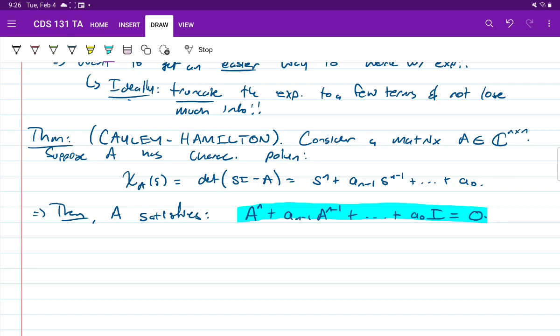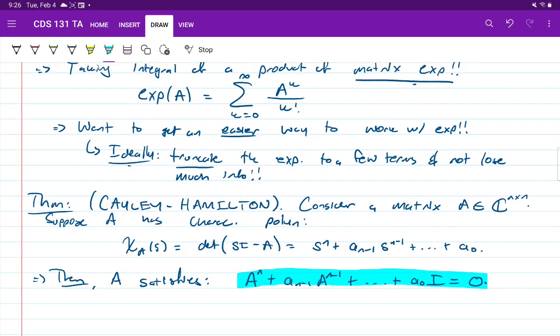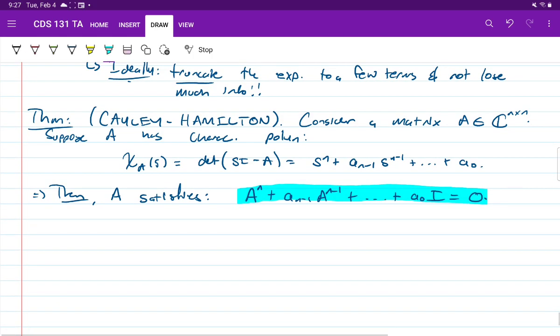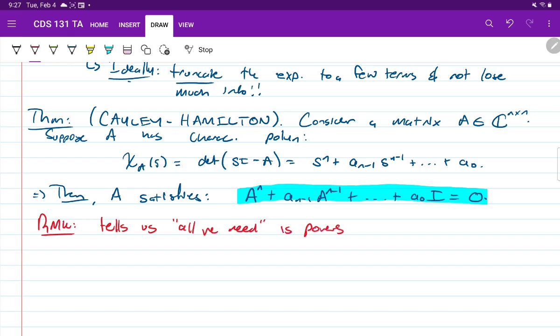If we inductively use this argument, what we can say is that in the matrix exponential, all that we care about is the first n minus 1 powers of A, right? Once we get past power n minus 1, we know from the Cayley-Hamilton theorem that we can express those powers as linear combinations of powers 0 up until n minus 1, okay? So that's what this theorem tells us. It tells us all we need is powers 0 up until n minus 1, okay? So it's a super powerful theorem.